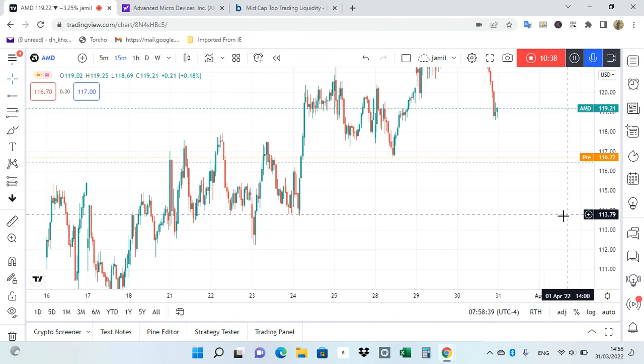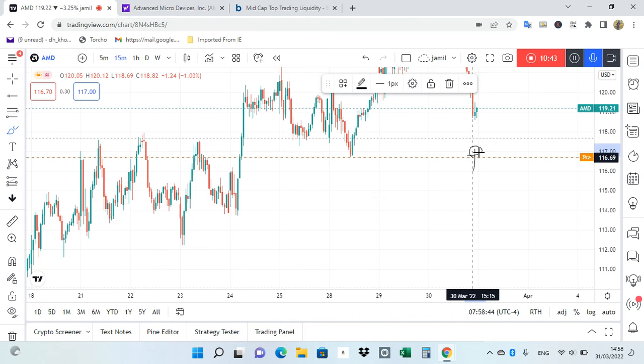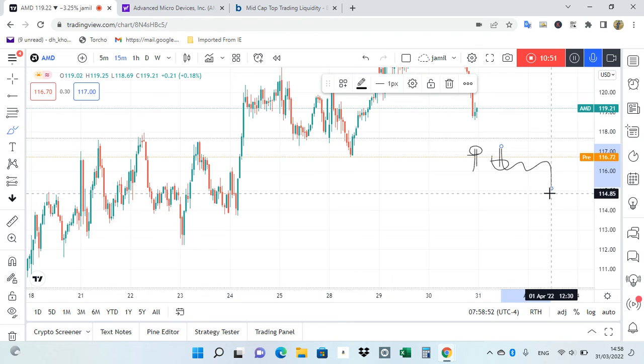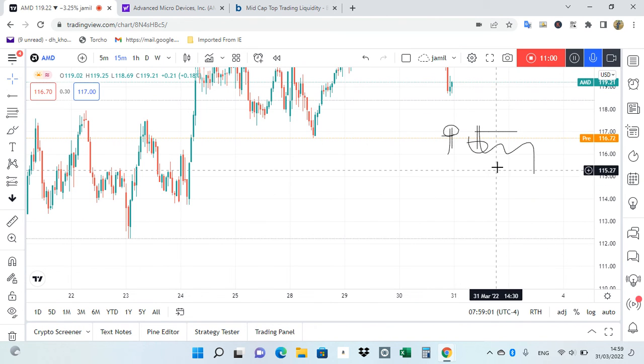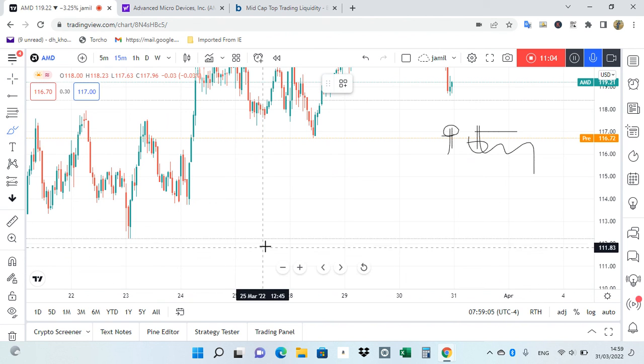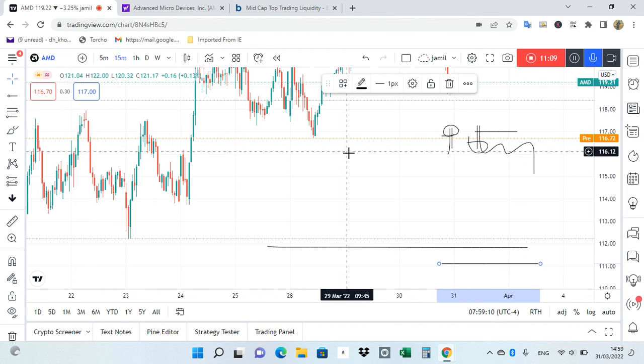Second, if the market cannot hold this level where it's going to open, and at the opening time it makes a reversal candle and price action goes to the lower side, we are going to short the market. We will no longer look at whether the price goes higher or not. We don't care about anything. We'll just go on the reversal position, and our target will be a very good 112, 111. This will be our range for today.